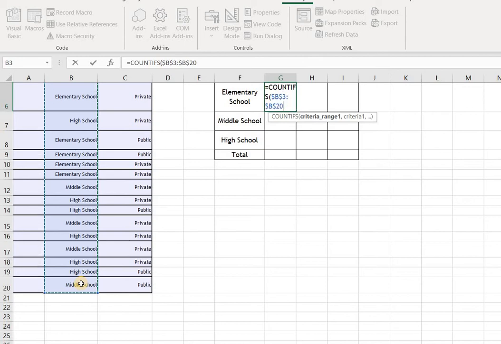Fn F4. F4 if you're on a desktop. If you're on a Mac, it's going to be Command T. Comma. Then what is the criteria that I'm looking for? I want to find first elementary school, then middle school, then high school. So this criteria is going to move down. So I'm just going to click on elementary school, not lock it in place because I want it to move down. And then I'm going to look for the school